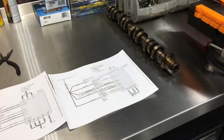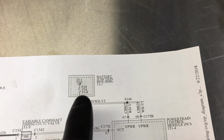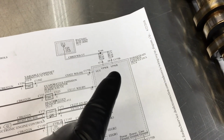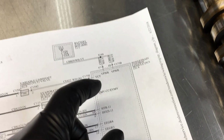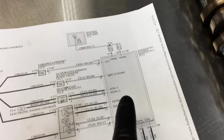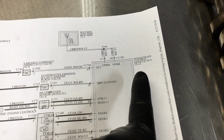Unbelievable. Just for kicks, I went over to my 2009 Escape and I simulated the same kind of fault. I pulled this fuse right here that feeds V-power over the PCM so that it can work. You have to remember there's a lot of outputs that the PCM controls, and there's a lot of internal processors that it needs to have amperage for them to function properly. Now in the Escape, on the scan tool, same thing, the voltage was up and down, up and down, up and down, but also the transmission had harsh engagements and harsh shifts, because on the Escape, the PCM controls the